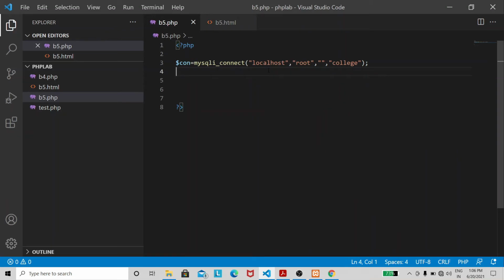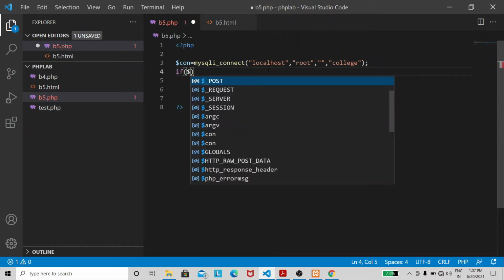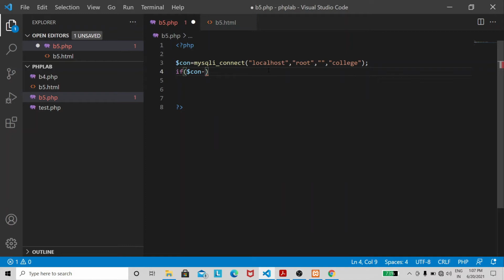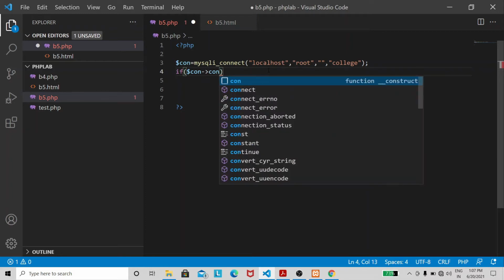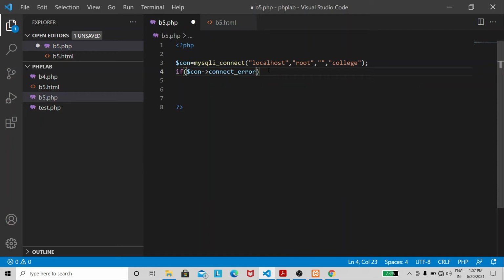So we have written the statement to connect to the database. Once this is done, we need to just check whether that connection was successful or not. For that, we'll use an if statement. If $con, okay, you need to use this arrow mark symbol, connect_error. If there is any error, then we'll write some code here.